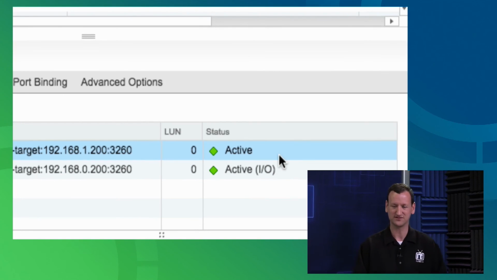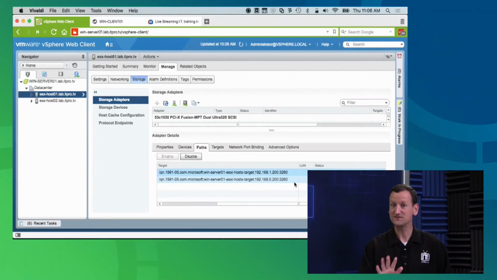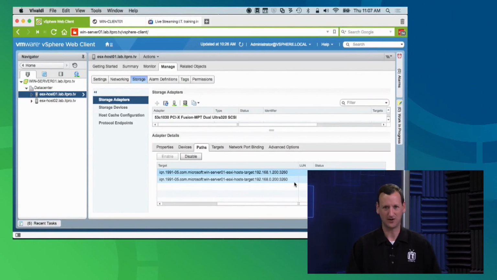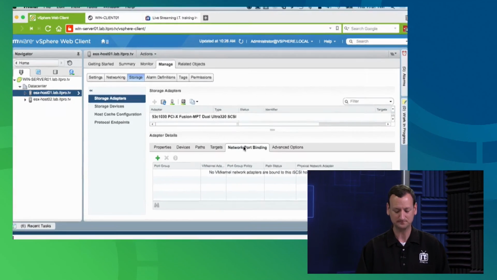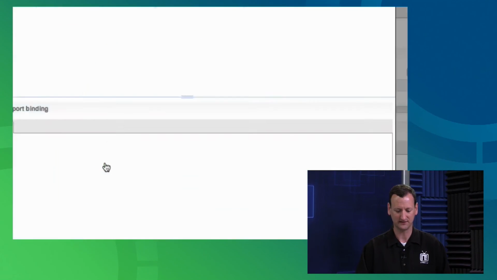I'm using the first one that was defined. Now, just for your own reference, let's say these paths didn't show up. If they didn't show up, then I would do network port binding. That would be my next step, right? So we would go to this network port binding tab, and you just hit your little plus sign right here,